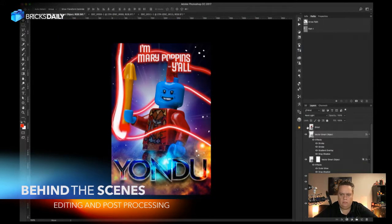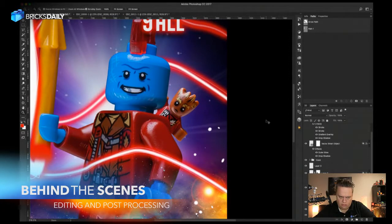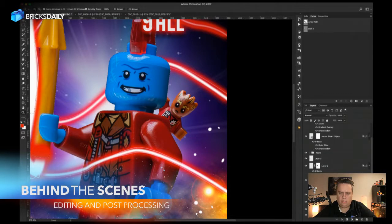Now if you remember, we have grouped, and then all I want is for him to be down in this corner. Or we could, let's see. Yeah, actually, let's put him behind Yondu. Shrink him down just a little bit more. With him being behind, we're going to add in just a drop or a shadow coming off of him, off of Yondu. So I'm just selecting Yondu, making him a selection, and